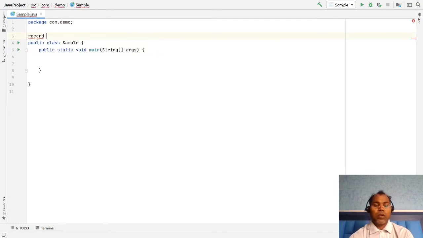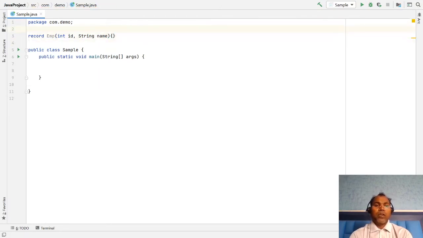So I'm going to write record Employee, and we have an ID and a String name. Record is the simplest way of defining a class. By default the record class is an immutable class. Here we are not defining a class body, but instead we are defining the constructor.